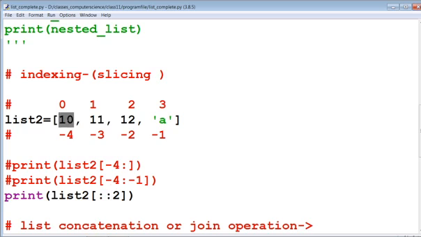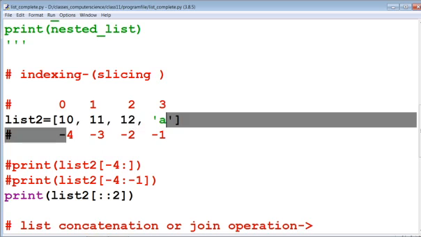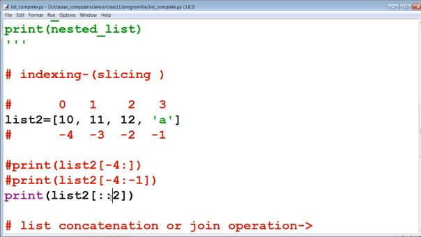0 index पे हमारा 10 है and this is going to increment by 2. 0 plus 2, 2 पे हमारा 12 है और plus 2 करेगा जो कि यहाँ पे हमारे out of range चला गया, stop value से अधिक हो गया, range से बाहर चला गया. That's why only 2 elements will be printed here. So this is the indexing and slicing of your list.